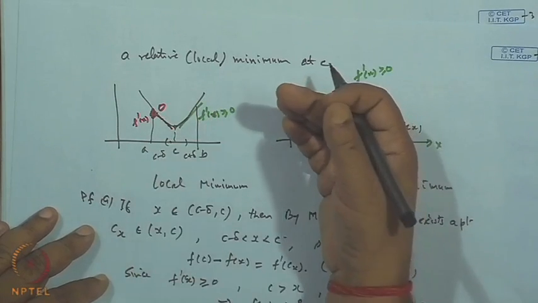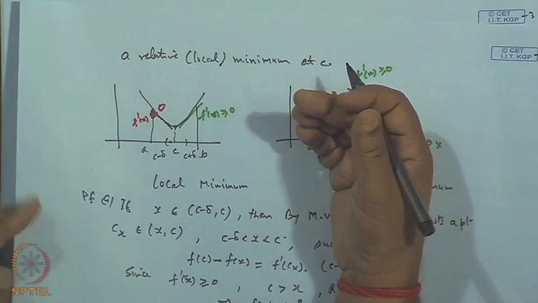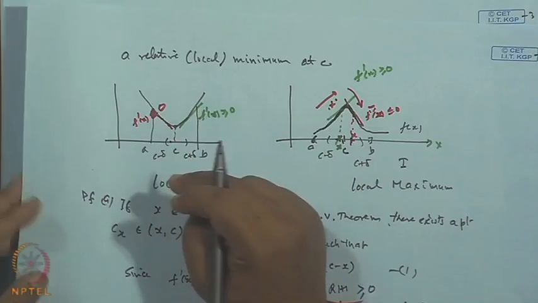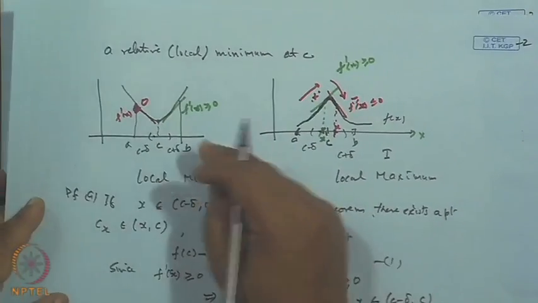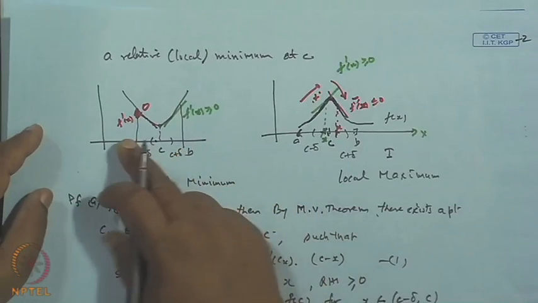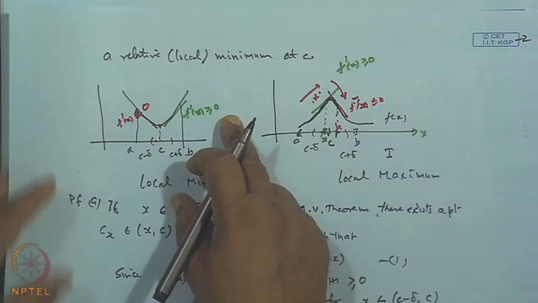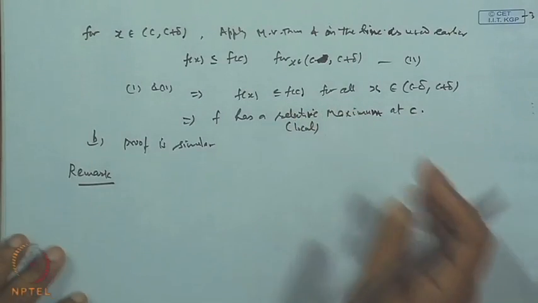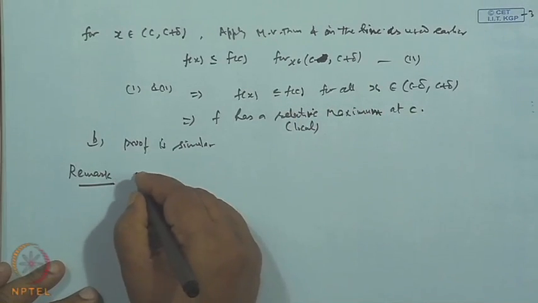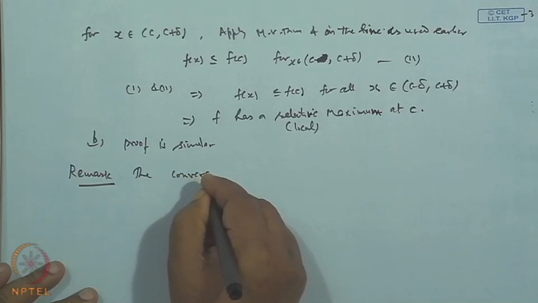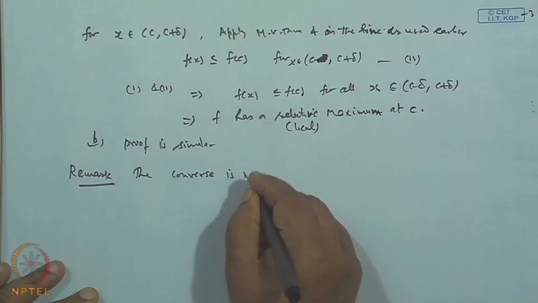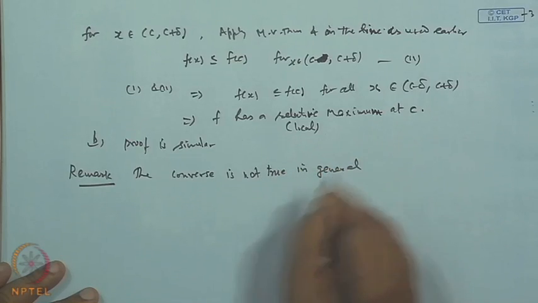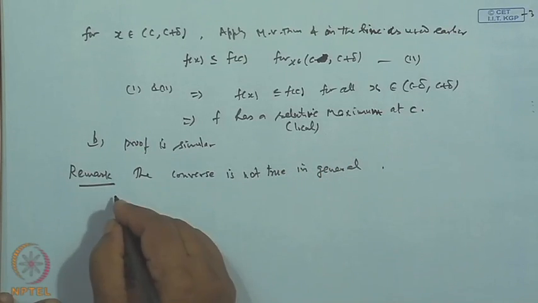But if I say the converse part of it, Darboux theorem, suppose f has a maximum or minimum at the point c, then can we derive that the function will change its behavior from positive to negative? So, that converse is not true in general. The converse is not true in general. Okay. For example,